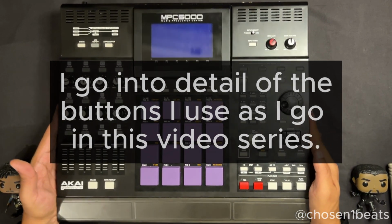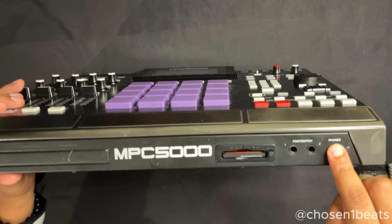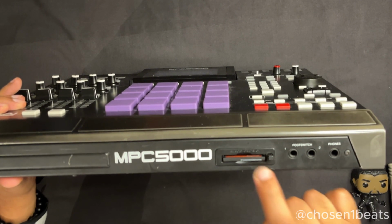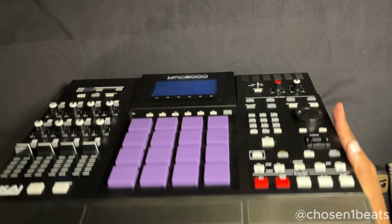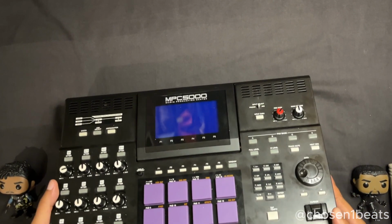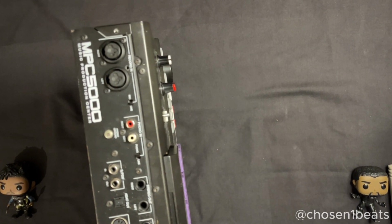If we look at the front of the unit, headphone jack, foot switch, and we do have a card reader. Mine's left over from my MPC 1000. I don't really use it, but I have it there just in case. If we turn around to the back,